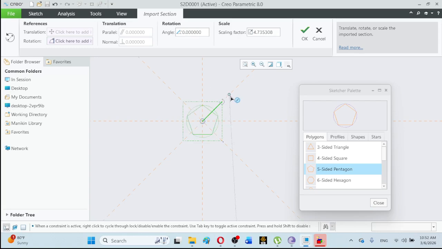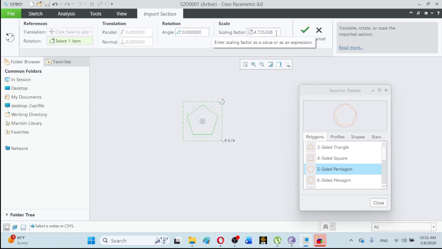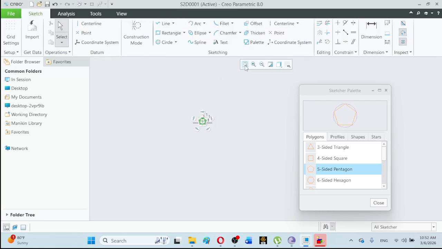This rotates randomly here, and here the angle is shown. Here scaling factor means the dimension will be unit, means it will not be scaled here like this. So it is the true scale. So once we have finished it,